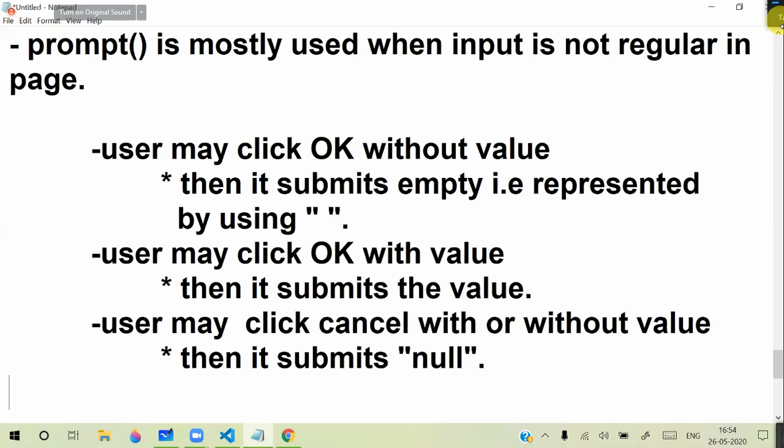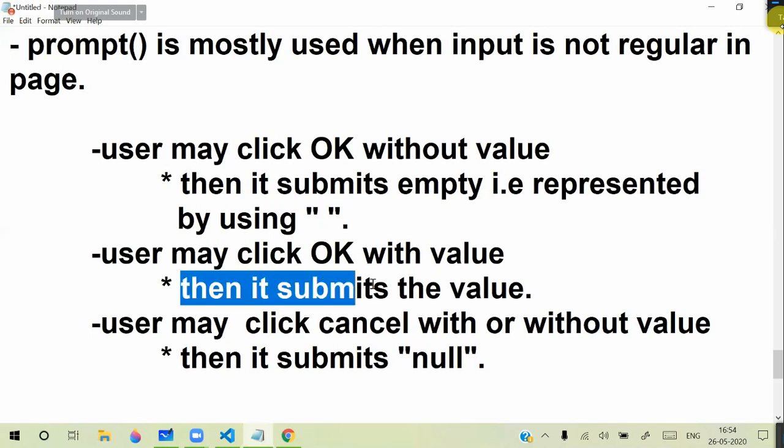But here also you can simply understand. You click OK without any value, that means it is empty, that means it has a blank value. Blank is also treated as a value, you know, ampersand nbsp, blank. So if the user clicks OK with a value, then it submits the value. Okay, the user may click cancel without